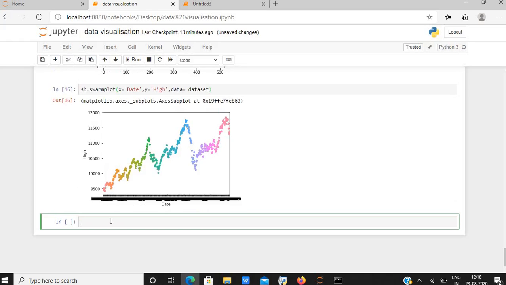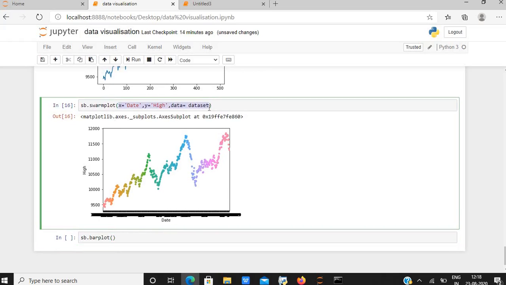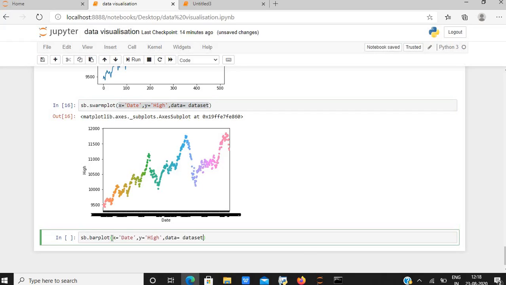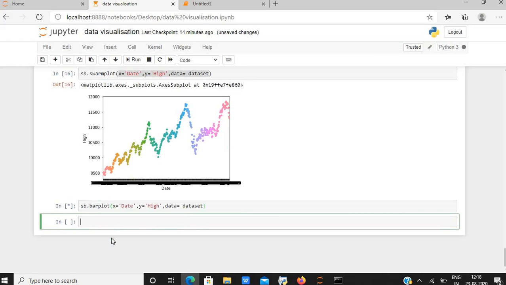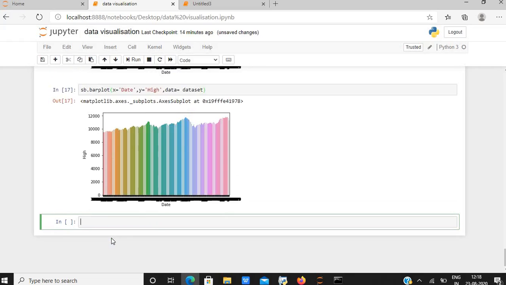Now let us work with a bar plot. sb.barplot, and I'm taking the same values. Let us run this. As you can see, we have obtained a bar plot. Here, these values indicate the actual values that were present in the data set.